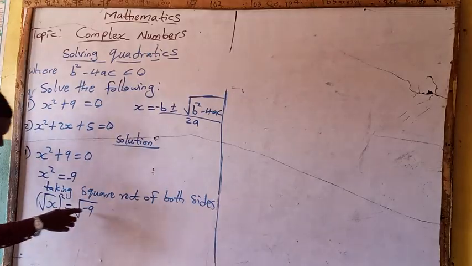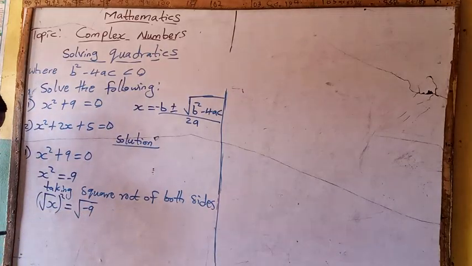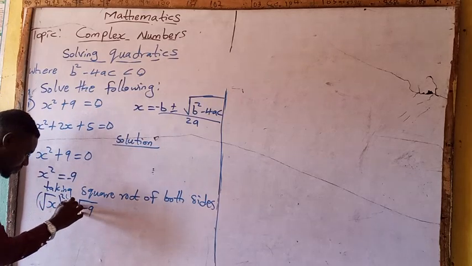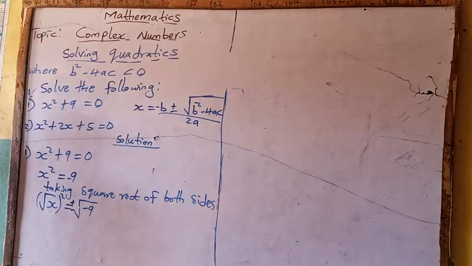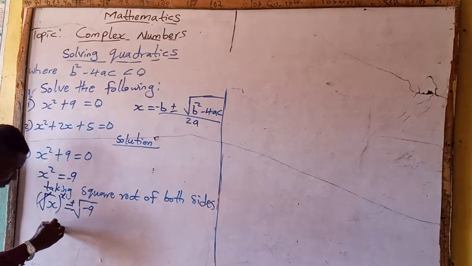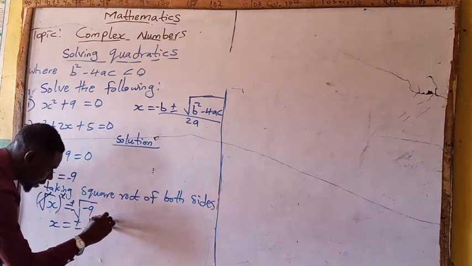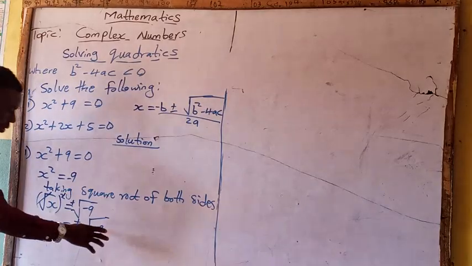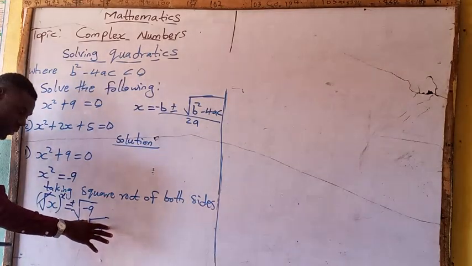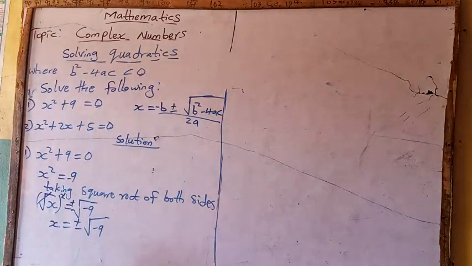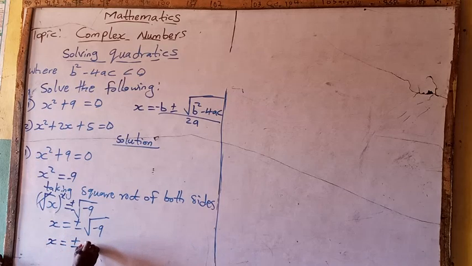Now, from this root negative 9, it has already shown us that you have, but before that, observe, when you take a root of both sides, you have plus or minus outside. That is the procedure. So this power 2 will cancel this root. You have x is equal to plus or minus root minus 9. Now, this minus 9 is now what? Complex number. This is where the complex number comes in, where this is negative 9. So the only way we are going to do it, we have x is equal to plus or minus